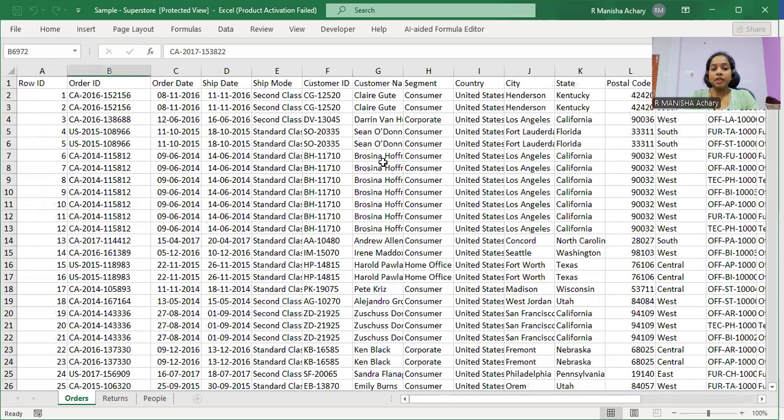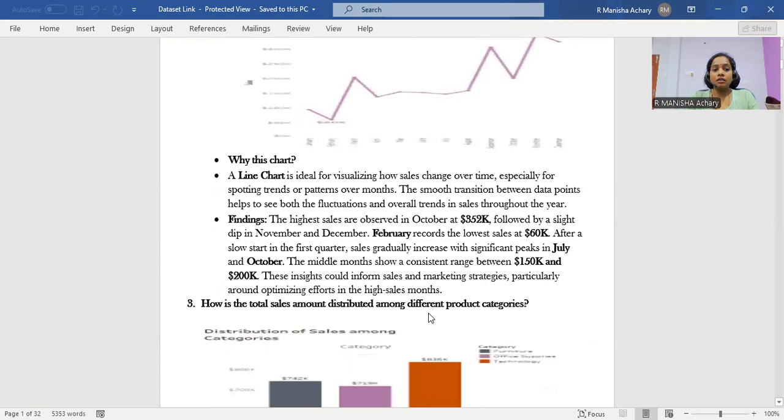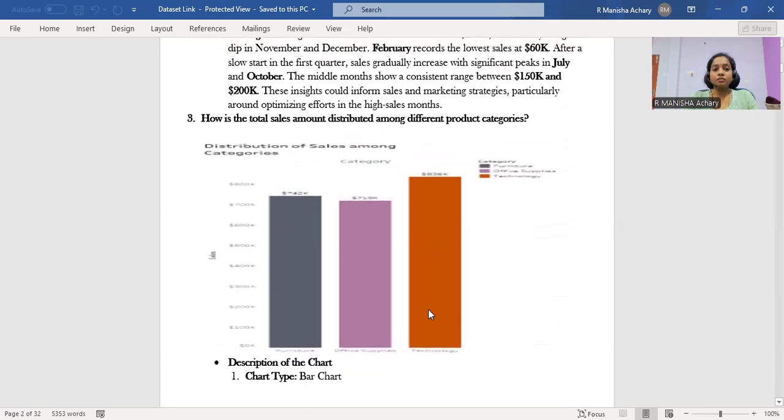I have finished the data pre-processing steps, cleaning, modification, whatever was needed. I have done all those steps and prepared these charts and visuals. So in this video, I'll explain 5 charts properly. First,